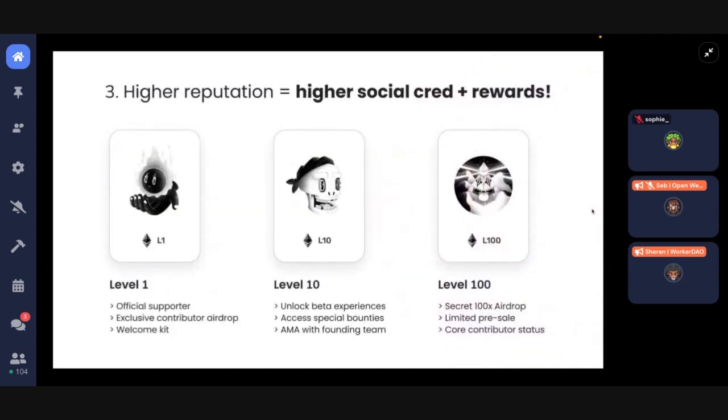Once you're done contributing, you earn rewards, unlock reputation, and make money proportionate to the work submitted. The reputation NFT also evolves, so you can unlock upgrades and show it off on social. This also has the interesting side effect of promoting the underlying DAO as more people gain reputation and unlock levels.